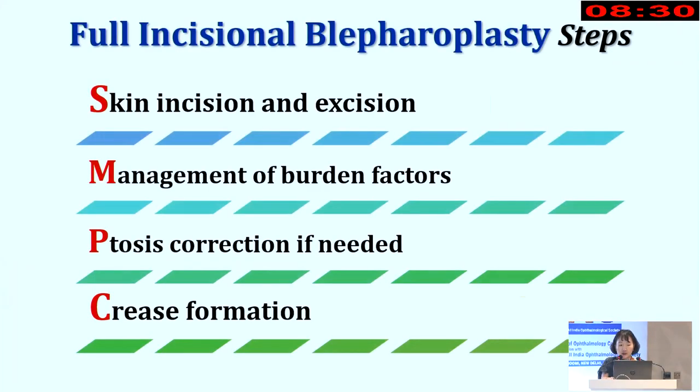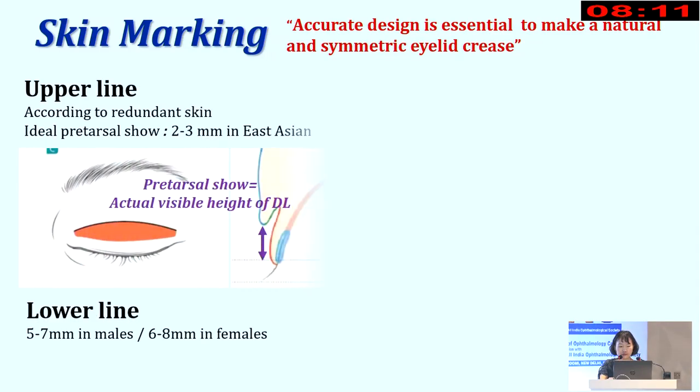So there are 4 steps of full incisional blepharoplasty. I will demonstrate them one by one. The first is skin marking, and accurate design is essential to make a natural and symmetric eyelid crease. The lower line is typically drawn at 5 to 7 millimeters from the lid margin in males and 6 to 8 millimeters in females. And for the upper line, the height is